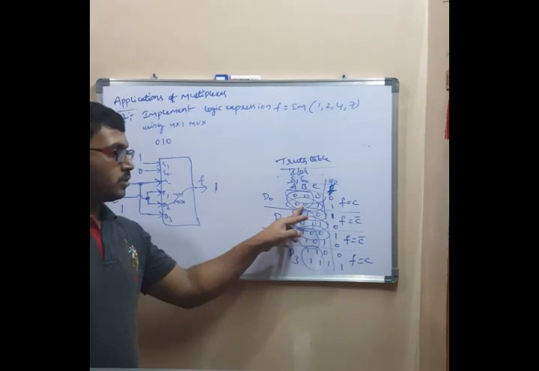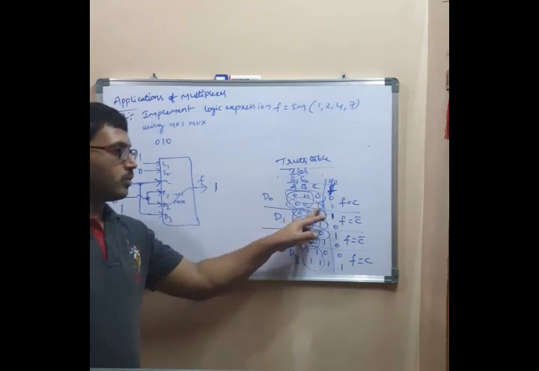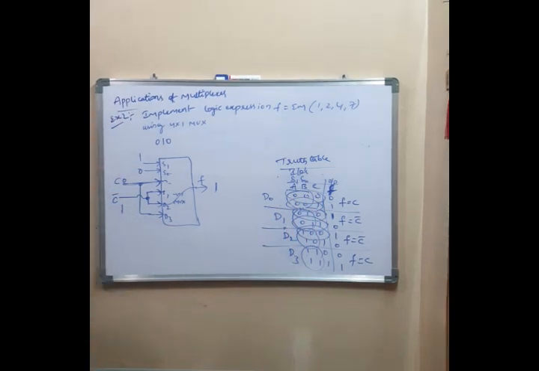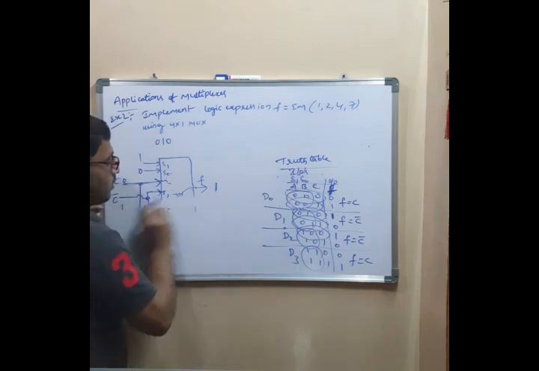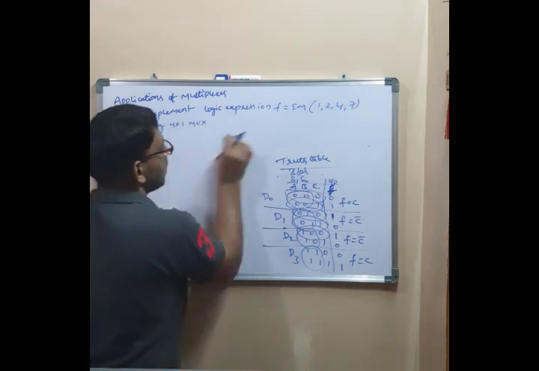when S1 is 0, S0 is 0. The same combination of AB occurs when C is 0 and C is 1. Only C is varying. AB remains same. Right? In this way you can implement the remaining functions. For your practice, I will give you one question.